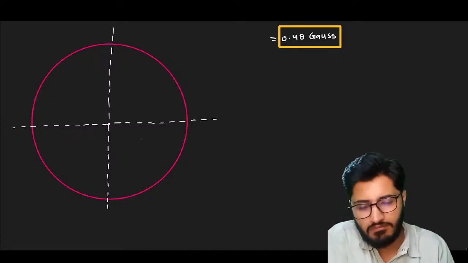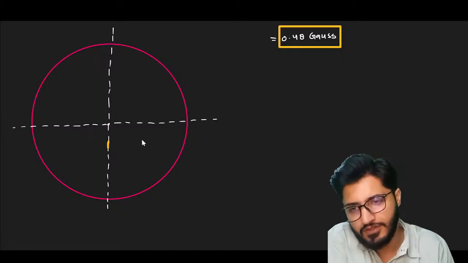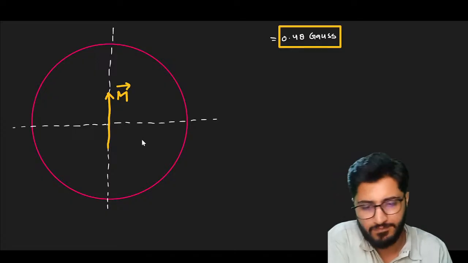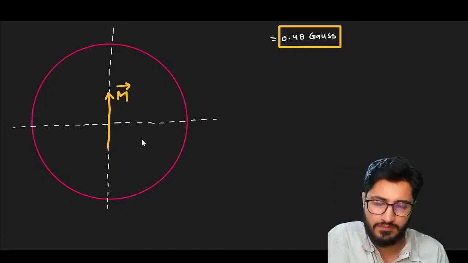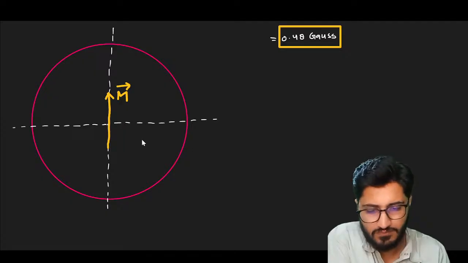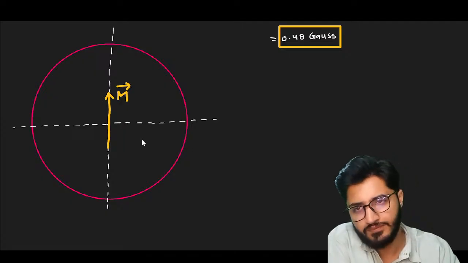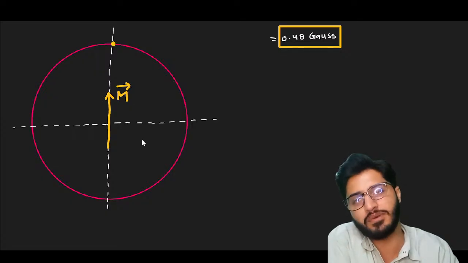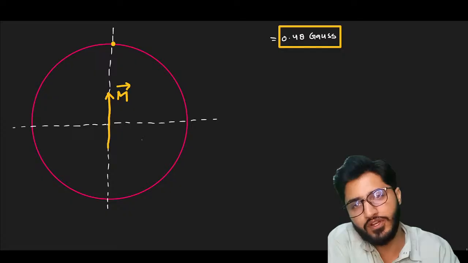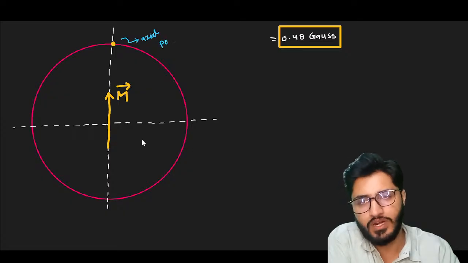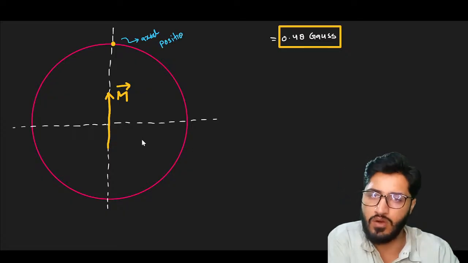Now we have a magnetic moment. This line represents my magnetic moment M. Look here at this particular point. What does this particular point represent? It should be an axial point. This is my axial point or axial position. How? Because